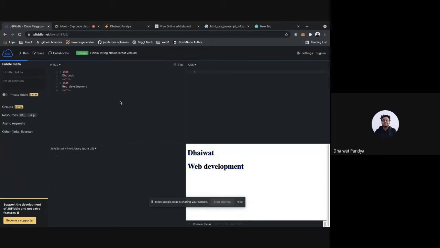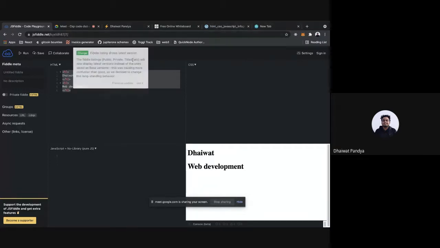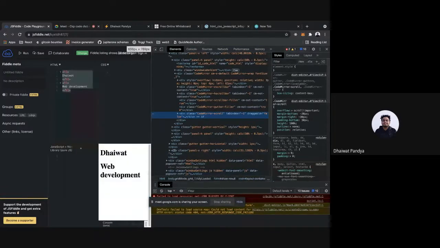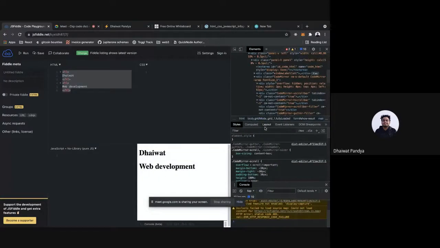Okay, so that's what we have for right now. Just HTML. Now, there's definitely more to HTML than just headings. If you inspect any website, by the way, this is a really great way to learn web development.